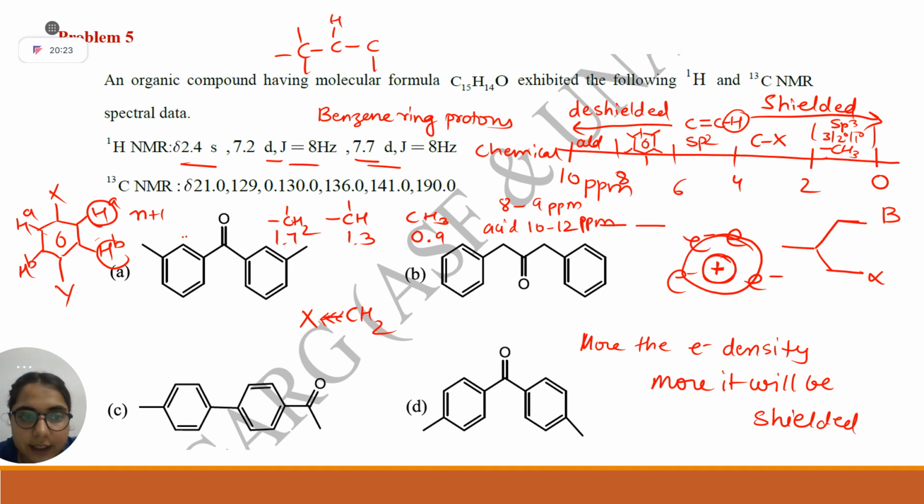And 2.4 singlet means in this range. Is anyone solving this question with me? Any guesses which option may be correct? You can easily cut this option as it is not para substituted. It is meta. See? This proton will be different, this different. So two signals can't come. If you calculate, there are a total of three different types of signals, but here many signals are there, so option A is deleted.